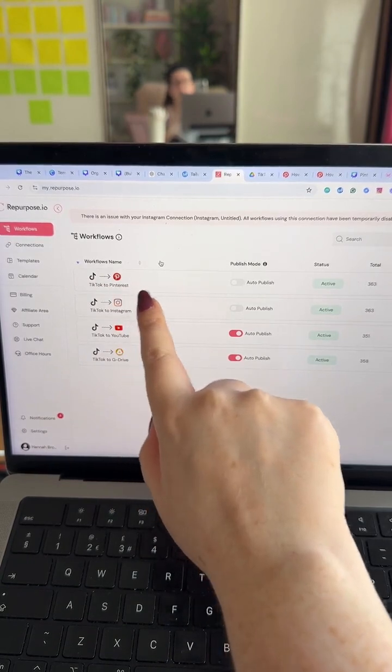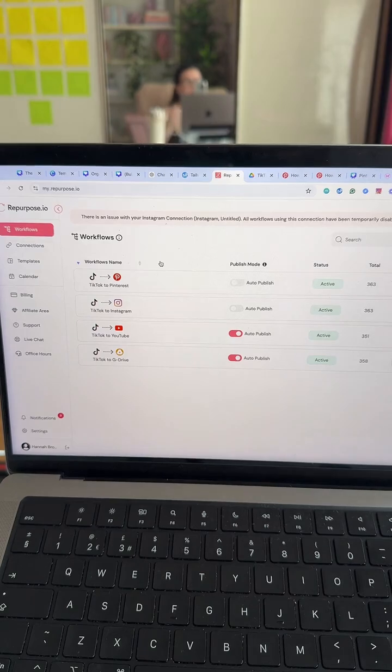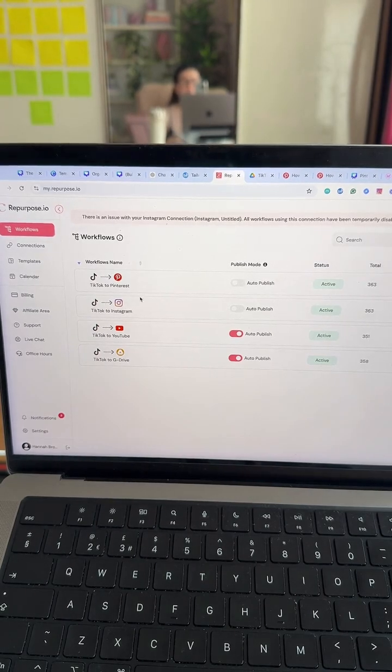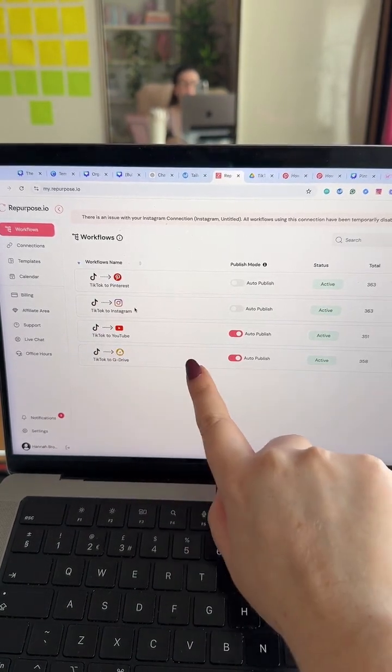But if I do that, it's going to use my TikTok caption and hashtags on Pinterest. And remember what we spoke about yesterday, guys? You need keywords and you don't need hashtags. So this is something definitely worth playing around with, even if you are just wanting to keep all your TikToks in one place and you want to use them later on.